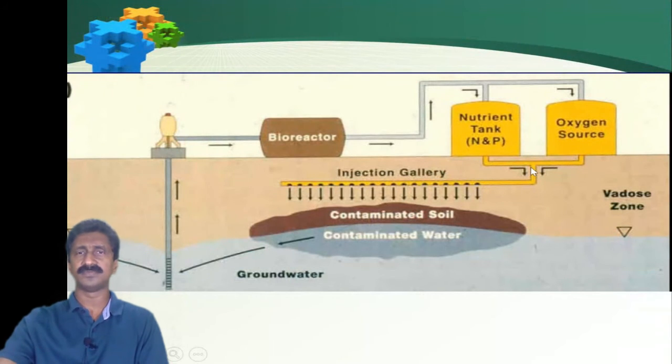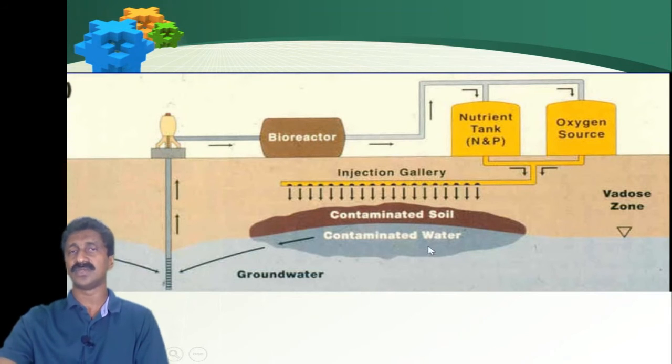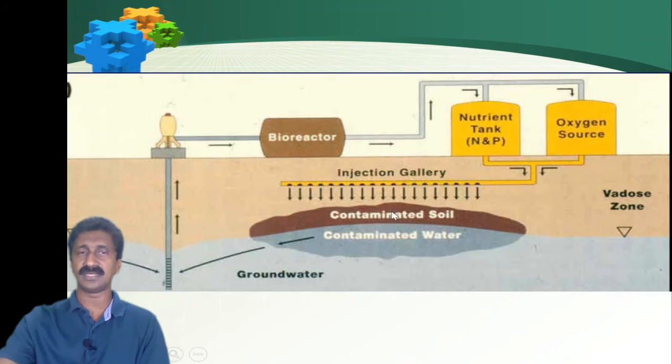So here is an example in which there is contaminated soil and contaminated water with contaminant. And here, the oxygen and nutrient source is present in the external environment. There is a bioreactor. So this is the groundwater. Groundwater will be taken out for treatment. Then, using a bioreactor, nutrients and oxygen are supplied, and that will be introduced through injection pipes into the contaminated sites. So this will enhance the activity. Again, it will be taken out.